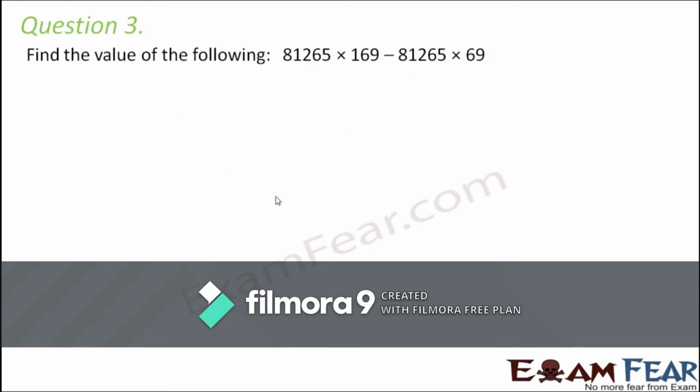Question number 3. Find the value of the following. 81265 into 169 minus 81265 into 69. So looking at this, do you remember any property? Is there any property that comes to your mind? So the nice thing about it is that in both the terms you have 81,265 as something common. Now remember the distributive property, which says that A into B plus C is equal to